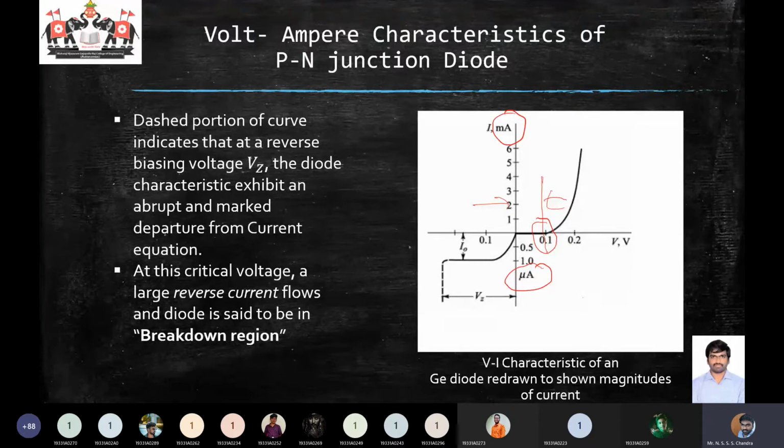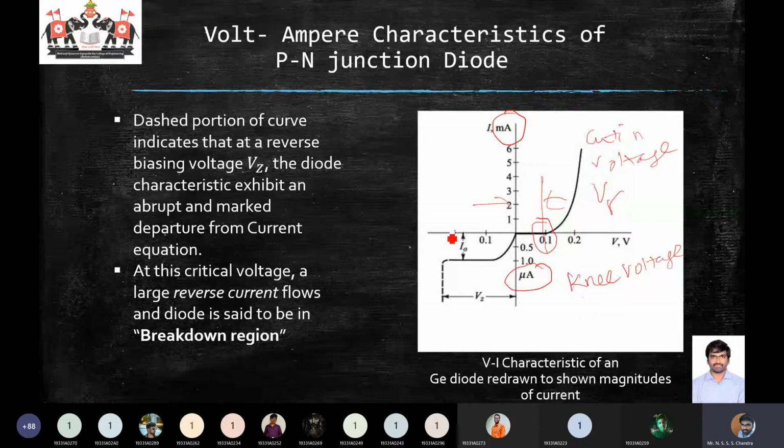This voltage we call the cut-in voltage, which we will represent by the term V gamma. In some books it might be called the knee voltage, K-N-E. It is as if it is the knee point for the exponential curve. Knee ante mokalu. So this point is acting like the knee point for this curve.